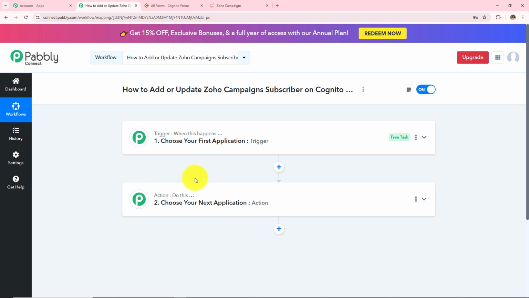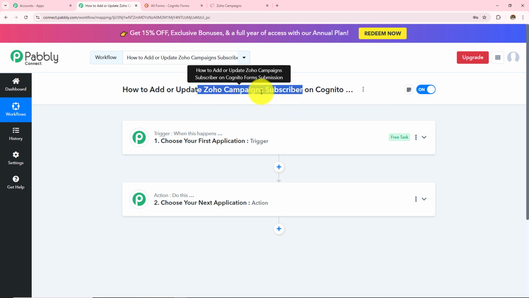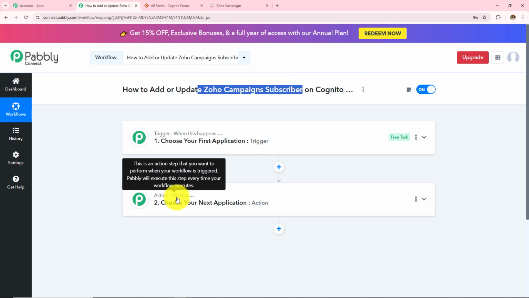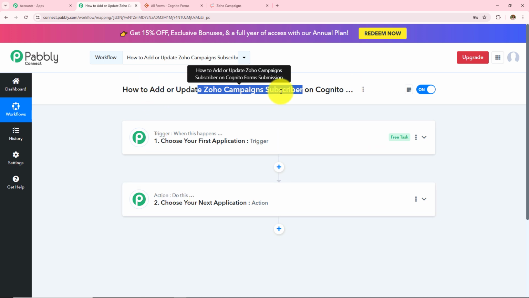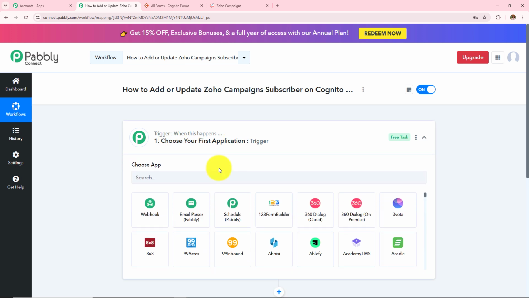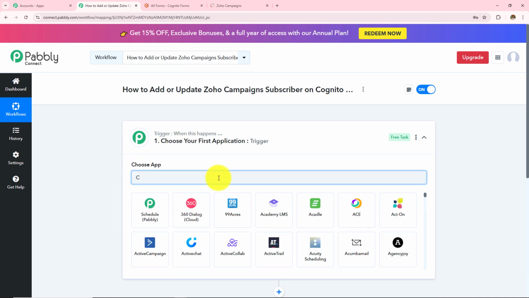Here in this workflow, I want to add and update my Zoho Campaign subscribers on Cognito form submission, which means whenever there is a Cognito form submission, my subscribers in this Zoho Campaign will be added or updated automatically, which means whenever there is a Cognito form submission, this complete workflow will get triggered, because trigger says when this happens. So whenever a Cognito form submission happens, then action says do this, then add or update Zoho Campaign subscriber. Now in my trigger application, I have to take this Cognito Forms,